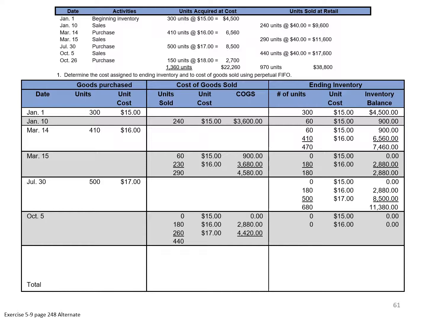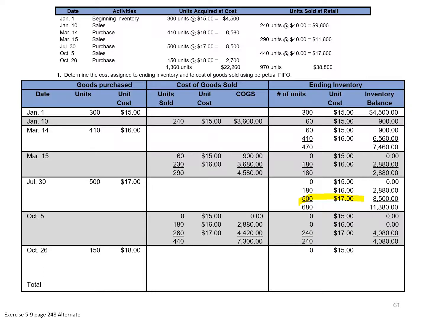That's 260. So we're going to sell 260 of our 500 at $17. So we have 240 remaining at $17. So that's total cost of goods sold of $7,300. Total ending inventory of $4,080. Then on October 26th,